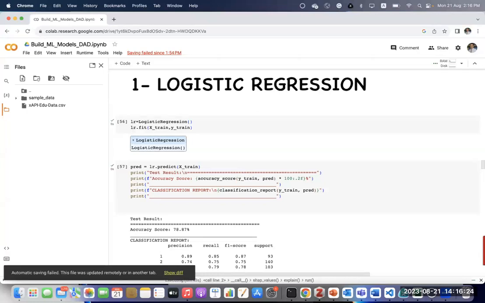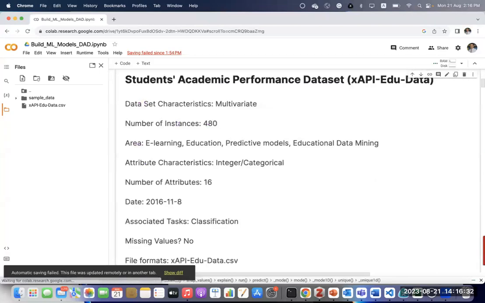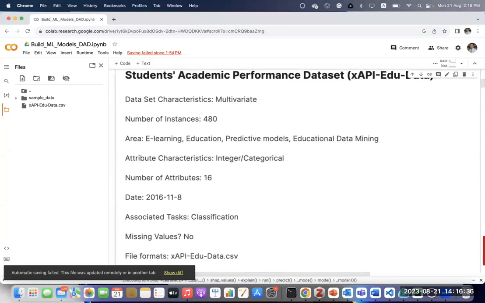So there are no parameters here. We assume that we take the default parameters for this model. By the way, we have a total of 480 instances and 16 attributes, and we keep all the attributes.